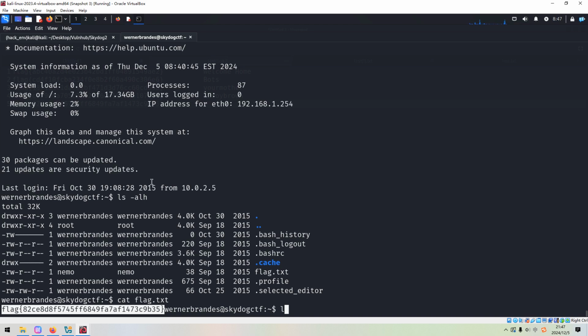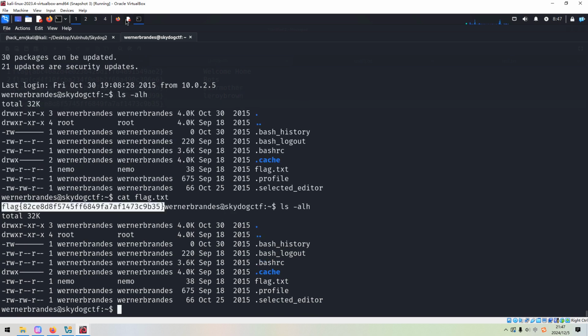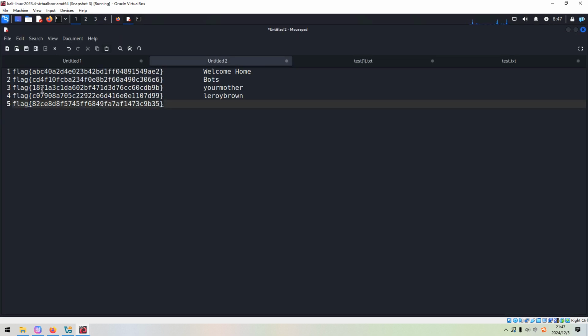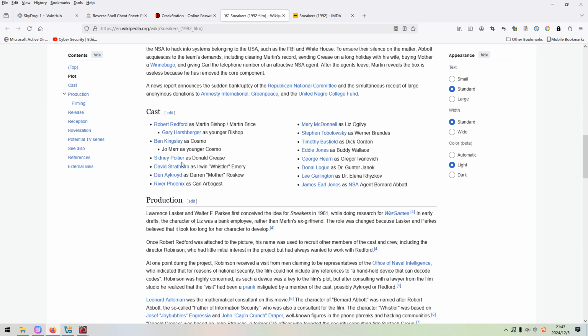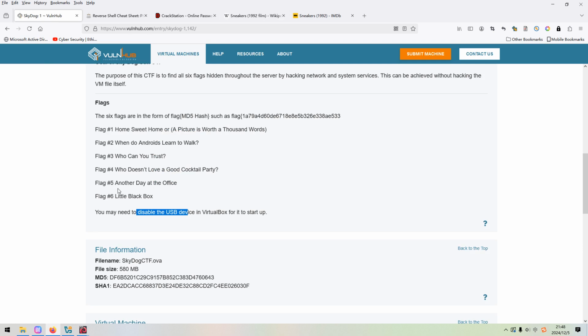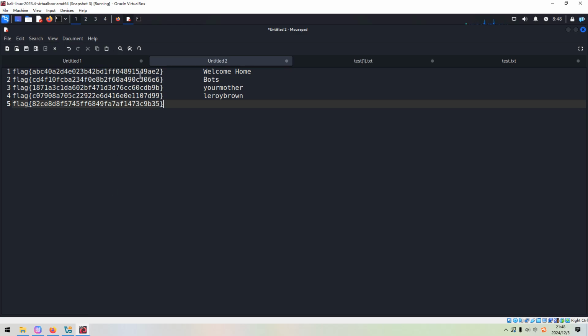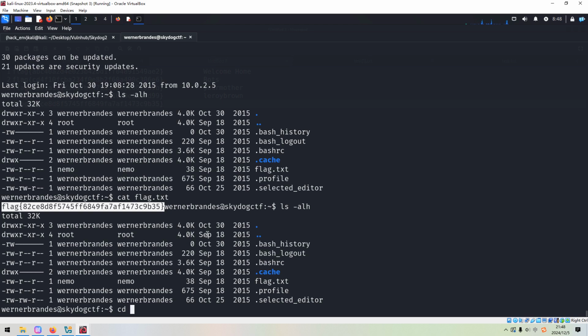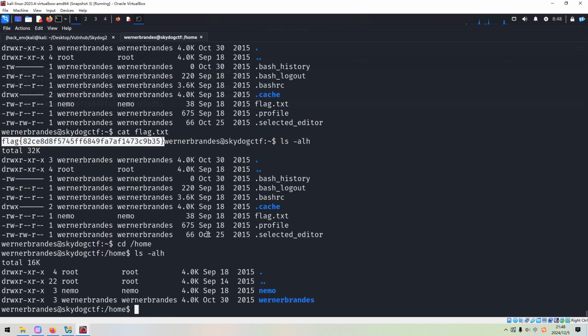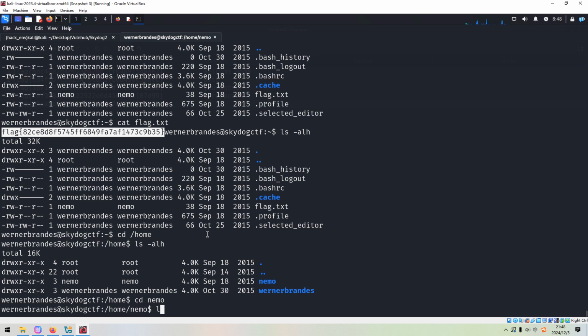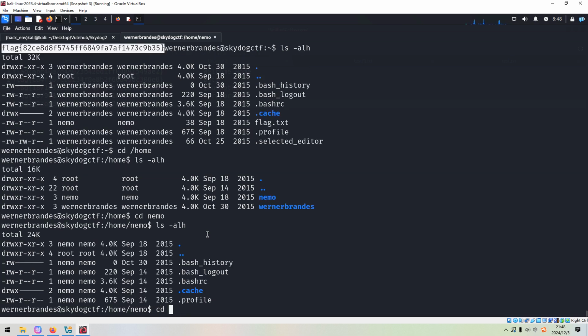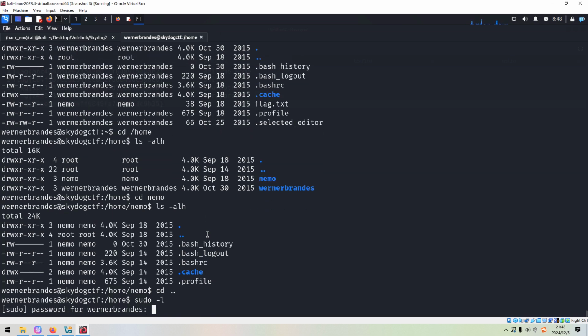We need to do some local enumeration too. So far, we have already retrieved 1, 2, 3, 4, 5, and the sixth flag to be retrieved or to be grabbed. So next, we can go to the home. There is another user, Nemo, but nothing here. How about the sudo?